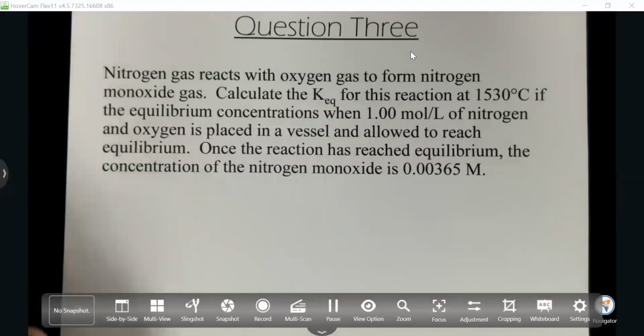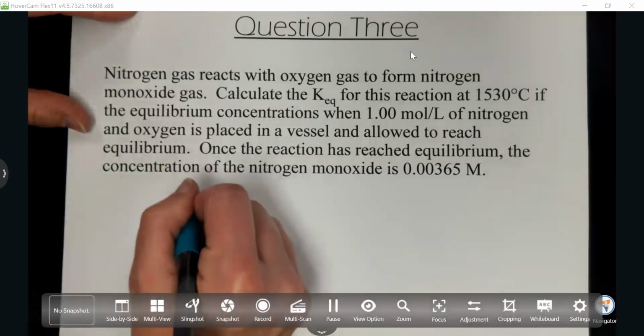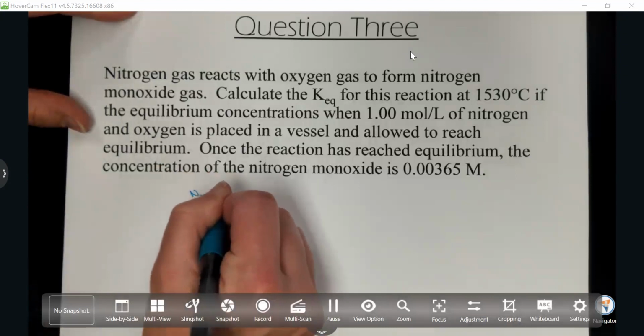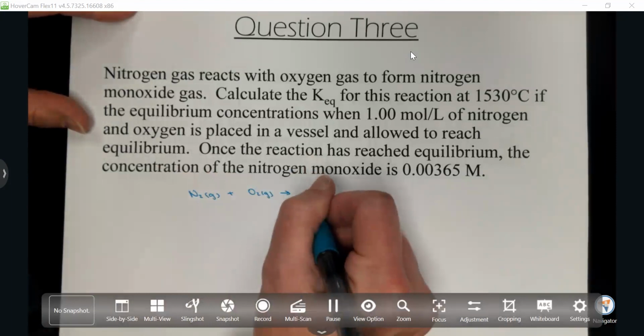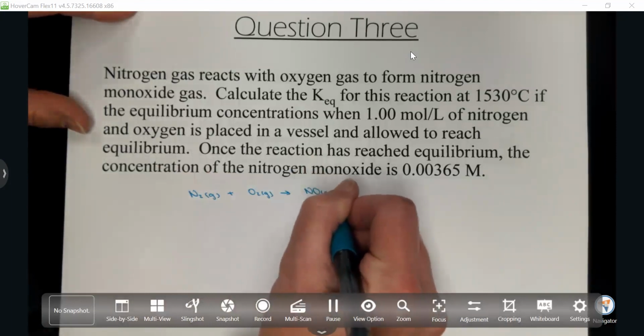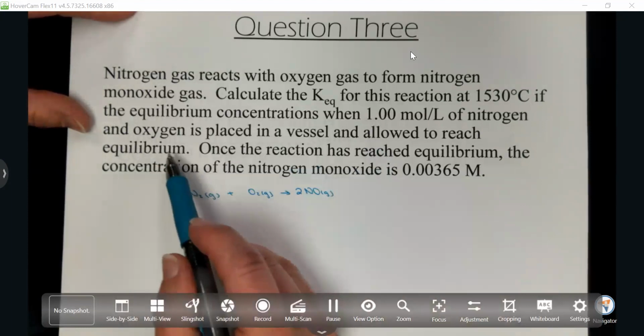Question 3 tells us that nitrogen gas reacts with oxygen gas to form nitrogen monoxide gas. So we need a balanced reaction. Nitrogen gas reacts with oxygen gas to form nitrogen monoxide. So that's just going to be a 2. Calculate the KEQ for this reaction if the equilibrium concentrations when 1 mole of nitrogen and oxygen is placed in